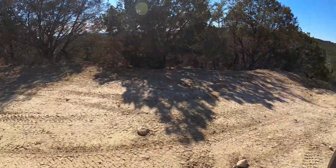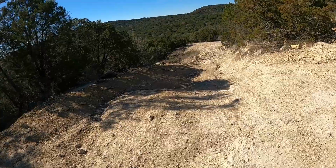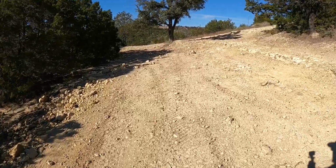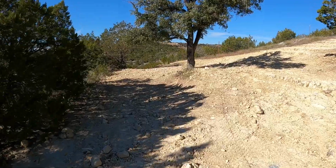Here we stopped to take a look at the next descent. Yeah, a little rough, not too bad. Then I decided to roll on over to what we bypassed. Yeah, this was a little bit rugged. Not gonna lie,